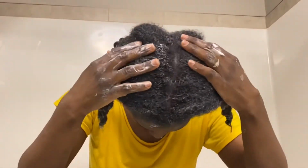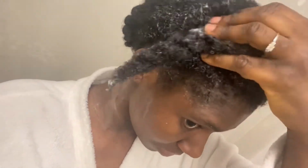So I went in and applied this all over my head, and I'll go in with my shower cap for about 15 to 20 minutes. And once I'm done with that, I'll just go around and do some cleaning around the house while I have my shower cap on. Once I'm done, I'll be back to rinse out the hair, and my goodness guys, my hair feels amazing. Like, oh my word,